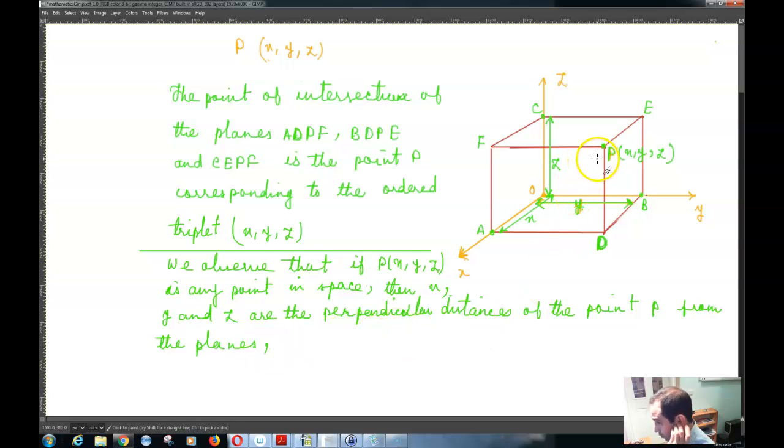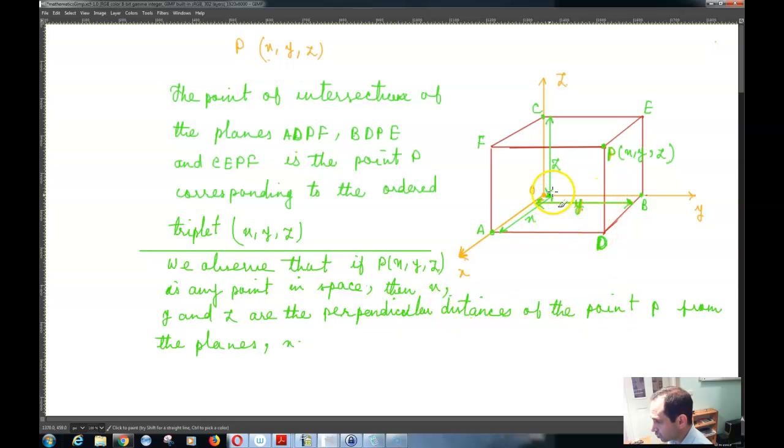So you see that over here your Y is the perpendicular distance of the point P from the XZ plane,